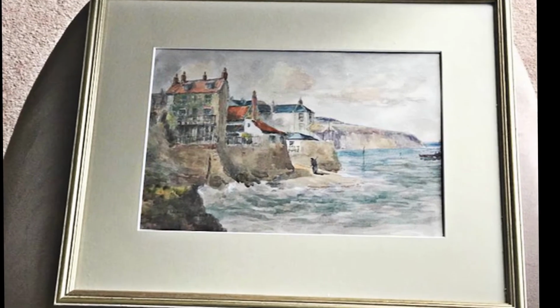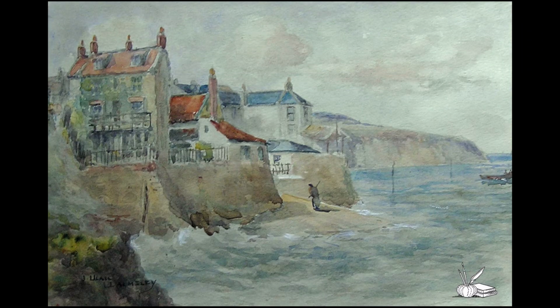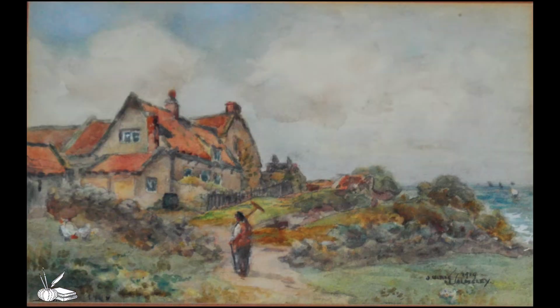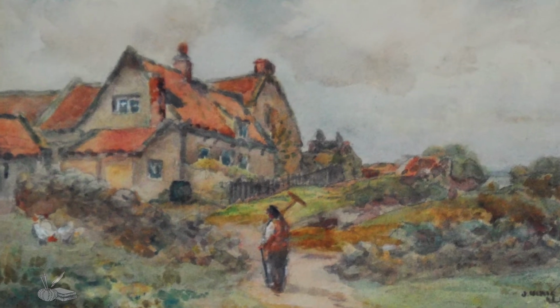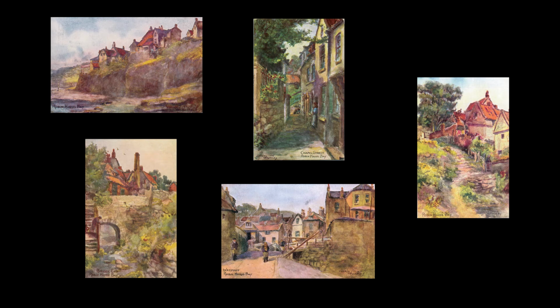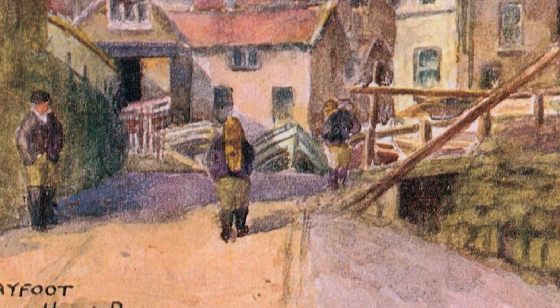Watercolours enabled Ulric to satisfy the demand for mementos and souvenirs for the frequent summer visitors. This remarkable ability to capture such lasting first impressions is what presumably drew the attention, around 1904, of J. W. Ruddock, a Lincoln-based printer who commissioned Ulric to paint a set of local scenes for their artist series of postcards. In total, 144 postcards comprise the entire collection, the images taken from watercolours by many artists across the country,